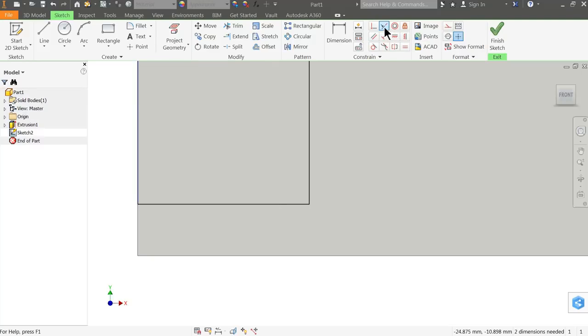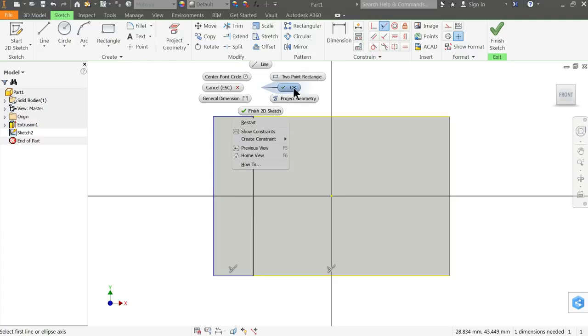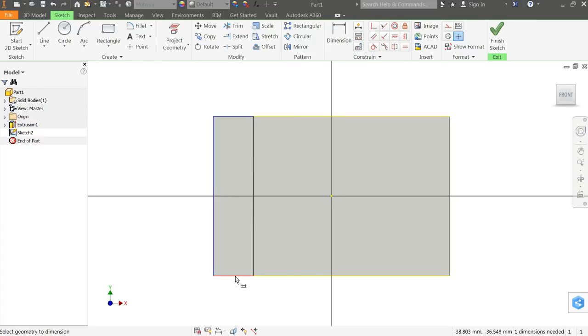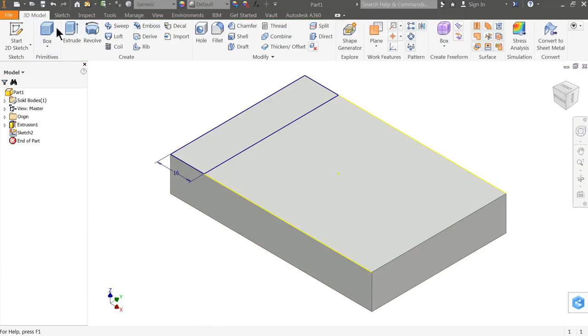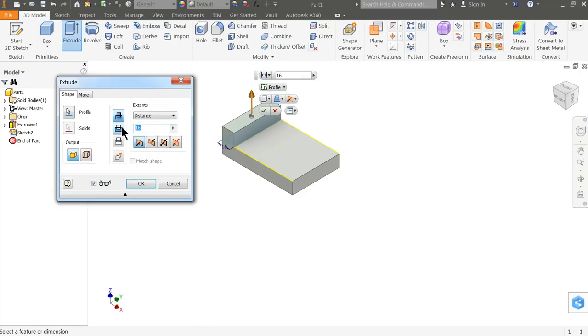Now select here constraint, collinear constraint. I'll choose this line and this bottom line, and see it's in one line in collinear position. Okay, dimension, and I'll define this dimension 16 millimeter. Exit, select extrude, and we want to extrude this face and up to 48 millimeter.